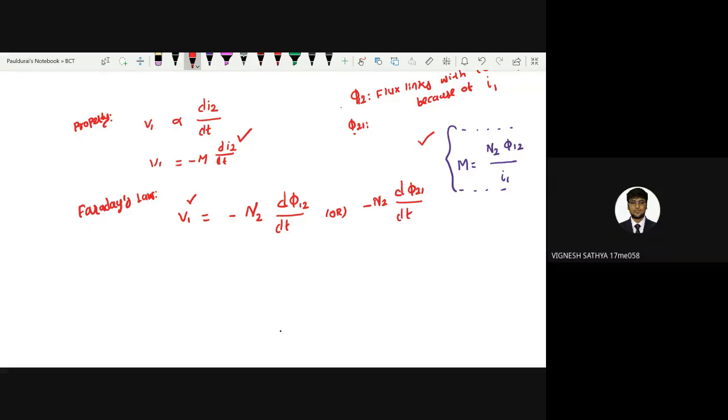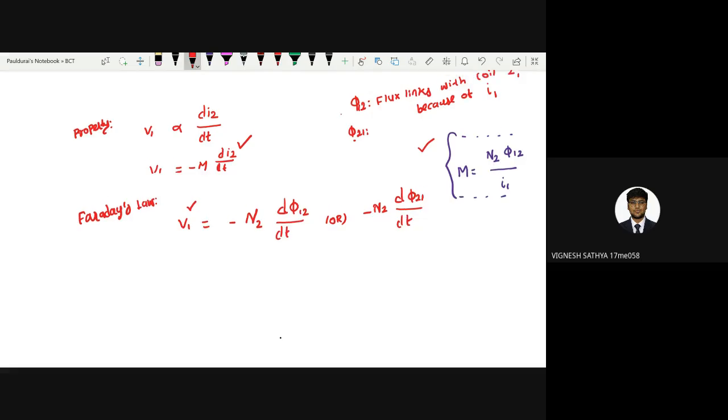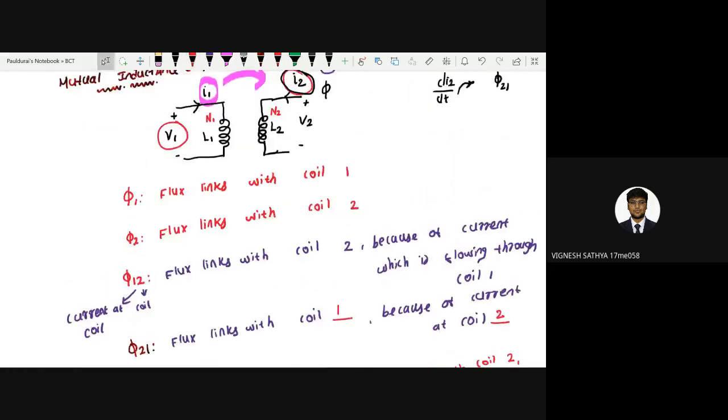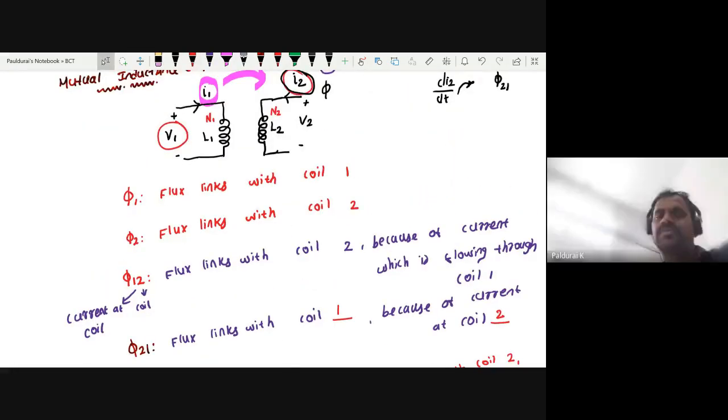Actually, the voltage in the first coil, because of the mutual inductance property, the current which is flowing through coil 2 will give you mutual, right? V1. Or otherwise I can write it this way: I2, di2 by dt, the rate of change of current flowing through coil 2, produces EMF at